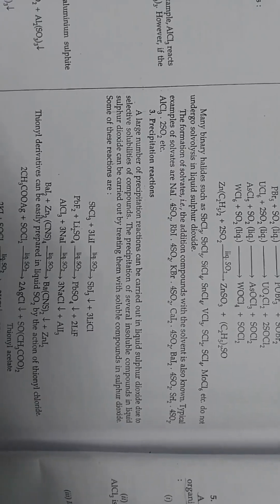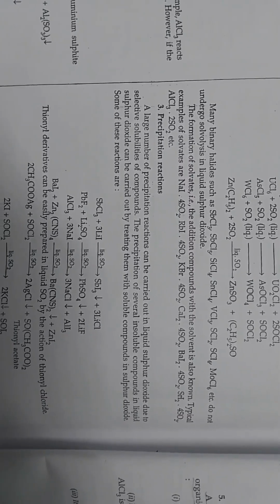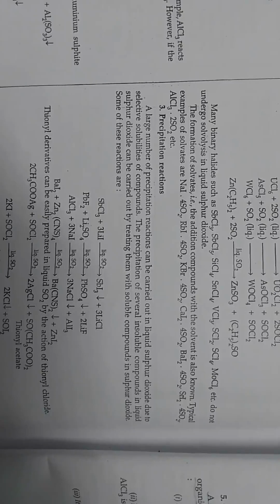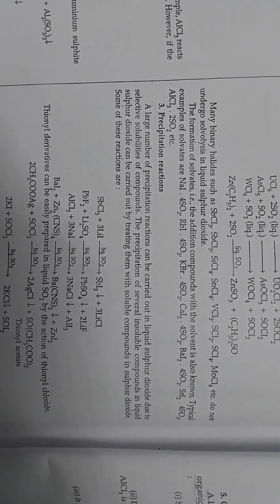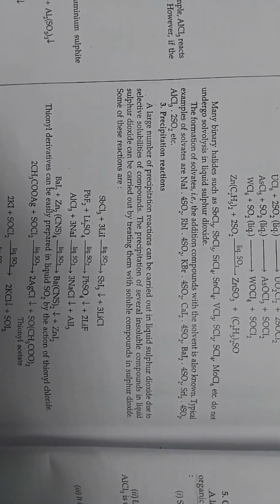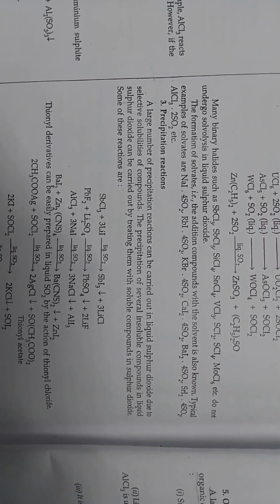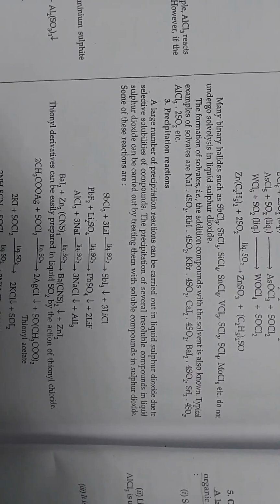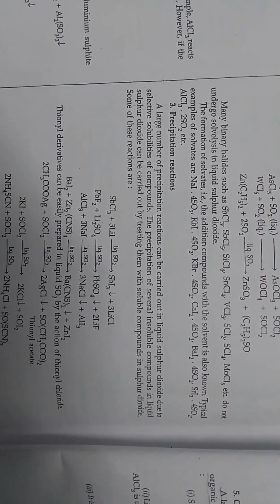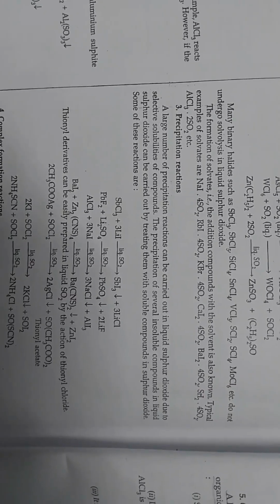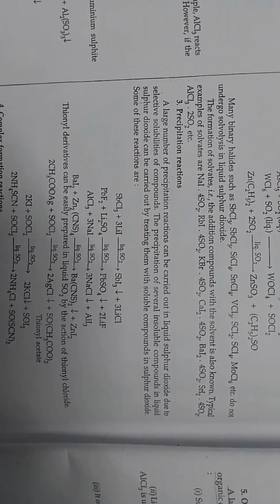Main binary halides such as SbCl3, SbCl5, SbCl4, SnCl4, BCl3, SCl2, SCl4, MoCl6, etc. do not undergo solvolysis in liquid sulfur dioxide. The formation of solvates, that is, addition of compounds with the solvent, is also known. Typical examples of solvates are